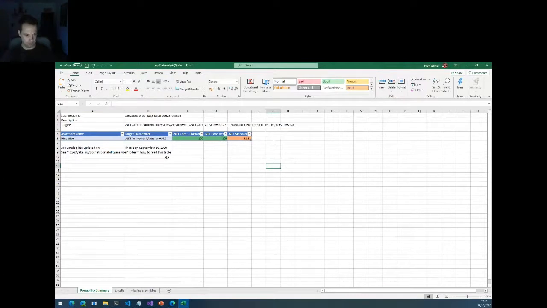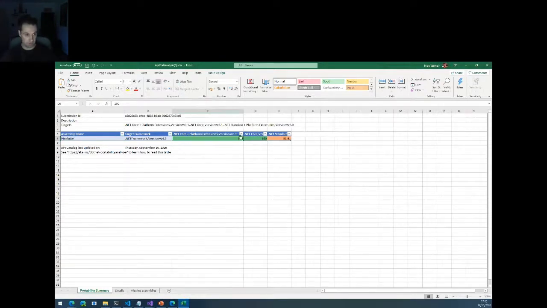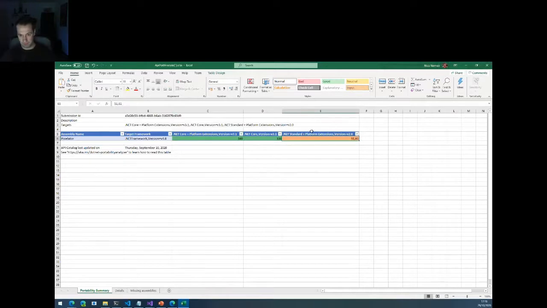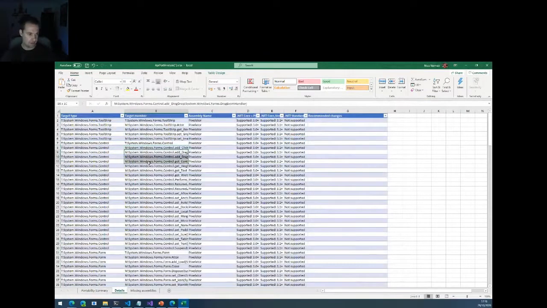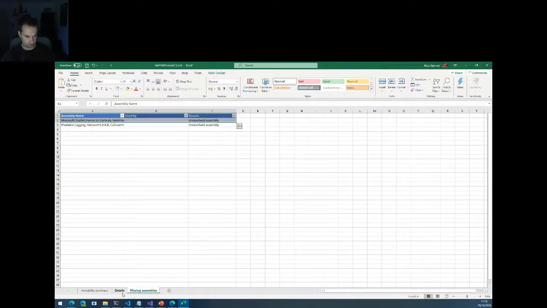So this is the summary. It says that my assembly Pixelator is 100% compatible with .NET Core and platform extensions version 3.1, but only 51% with .NET Standard. And this was to be expected. If I look at the details, there's a lot of Windows.Forms namespaces in it.